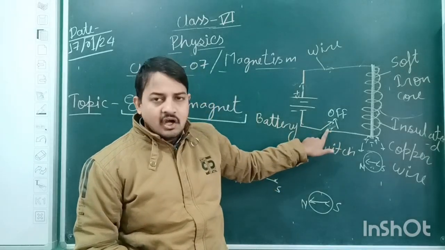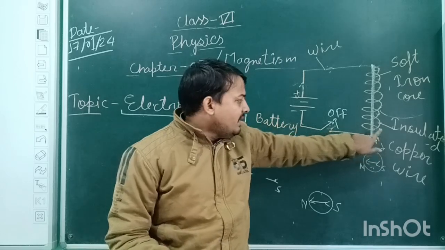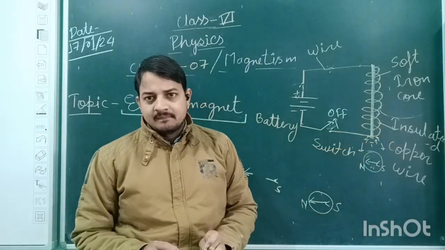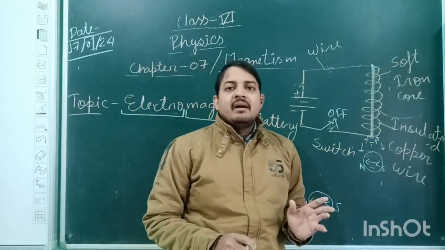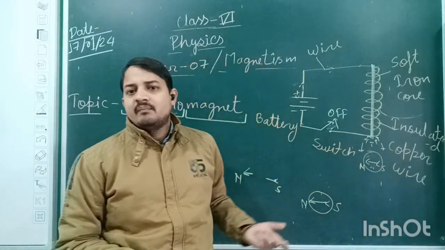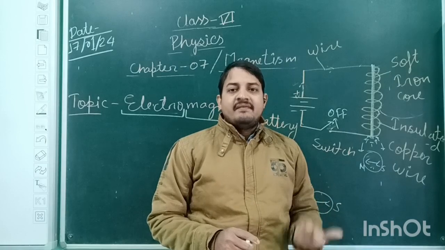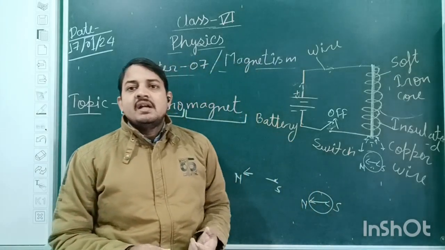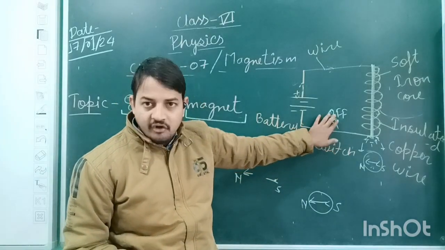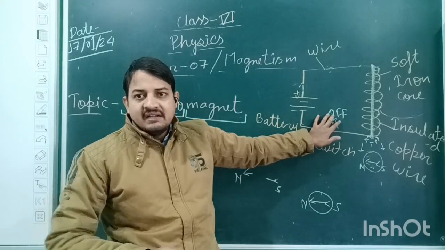If I turn it on, it will become like a current carrying conductor, or it will behave like a magnet. But if I make it in the off position, it will become like a normal conductor within a few seconds. But if I use stainless steel in place of this, what will be the problem? Steel will stay magnetized for a long period of time. In case of steel, this is a drawback. If I make it off, then too it will act as a magnet. So this is not our desired thing.